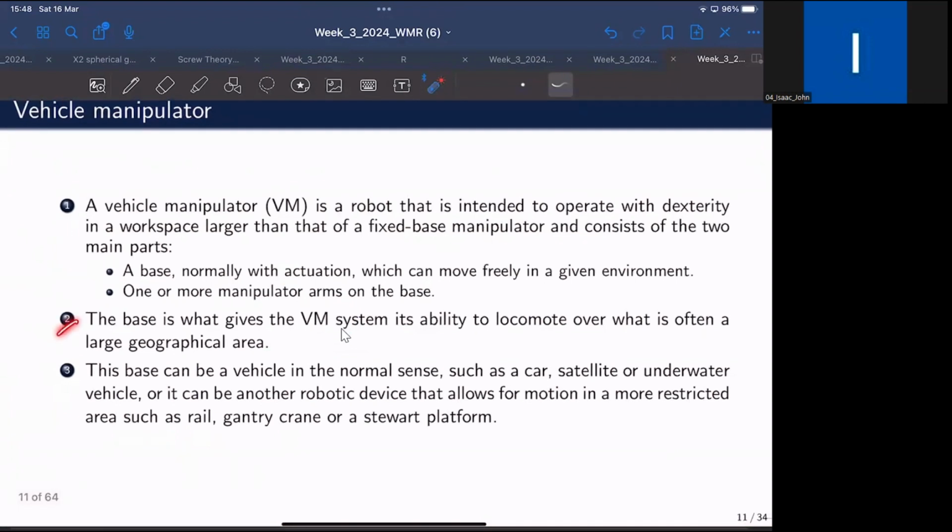And the second point is what we have now covered. The base is what gives the VM its ability to locomote over a large geographical area, right? So the base of the vehicle manipulator, that is the vehicle itself, is what gives the capability to reach out to a larger area. The third point being the base can be a vehicle in the normal sense, such as a car, satellite, or underwater vehicle,